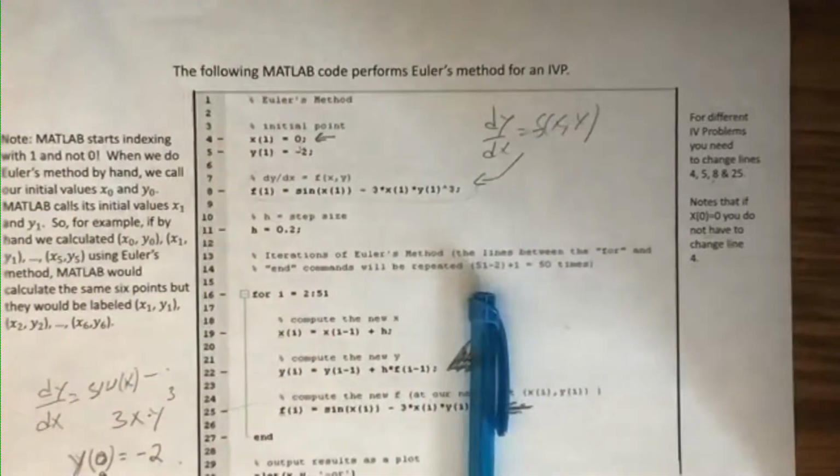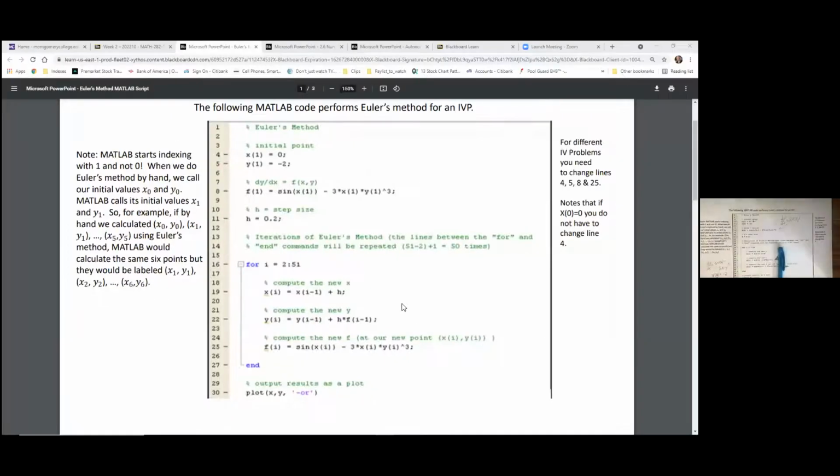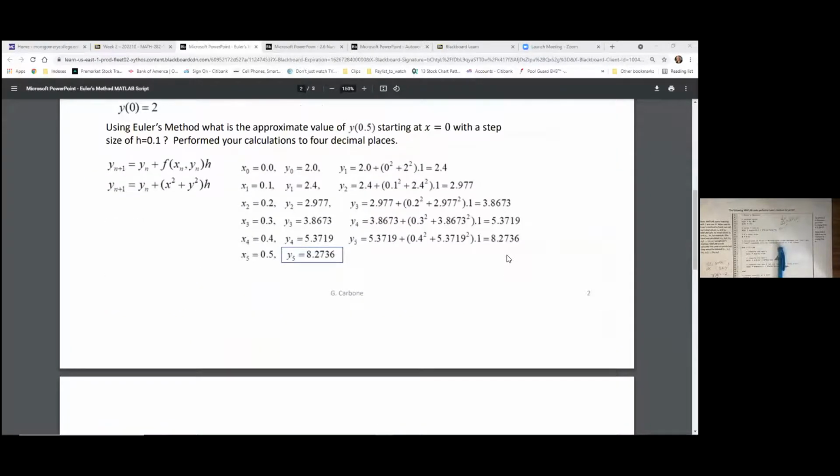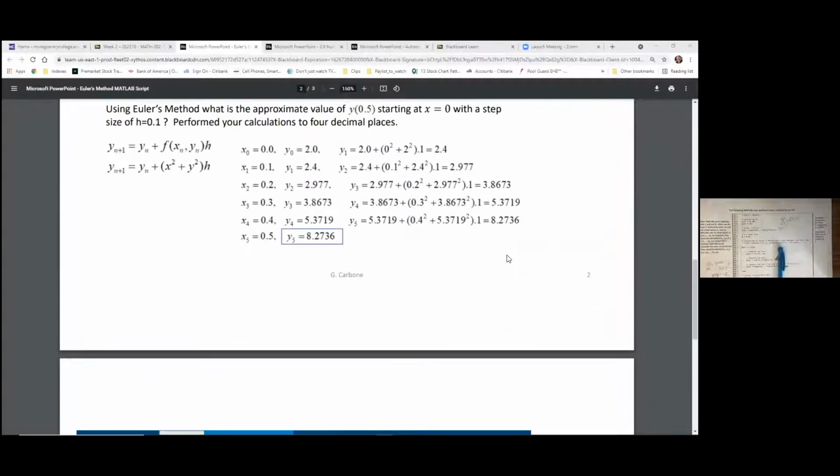Let's see. All right. Trying to see now. And now I'm going to go back to here. Well, it looks like now you're looking at the Blackboard again, I hope. Let's see if there's anything else I want to do. Okay, so here's